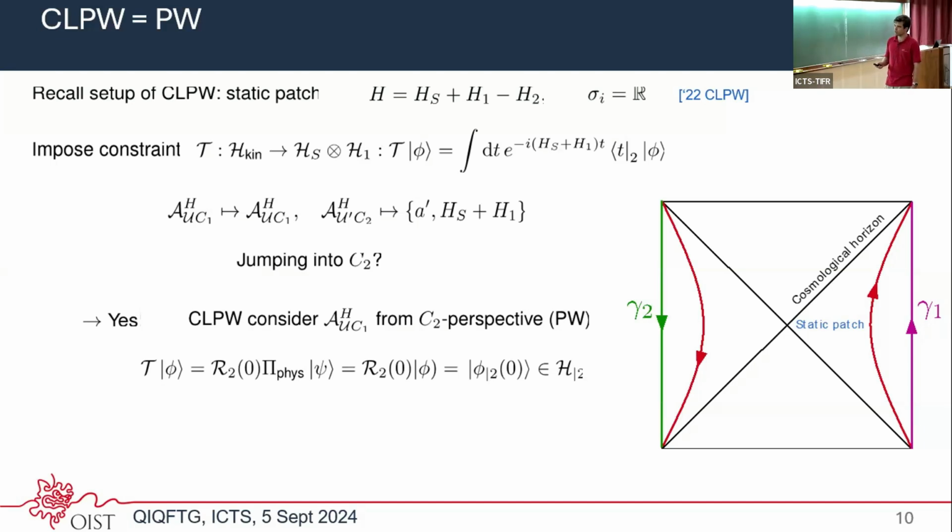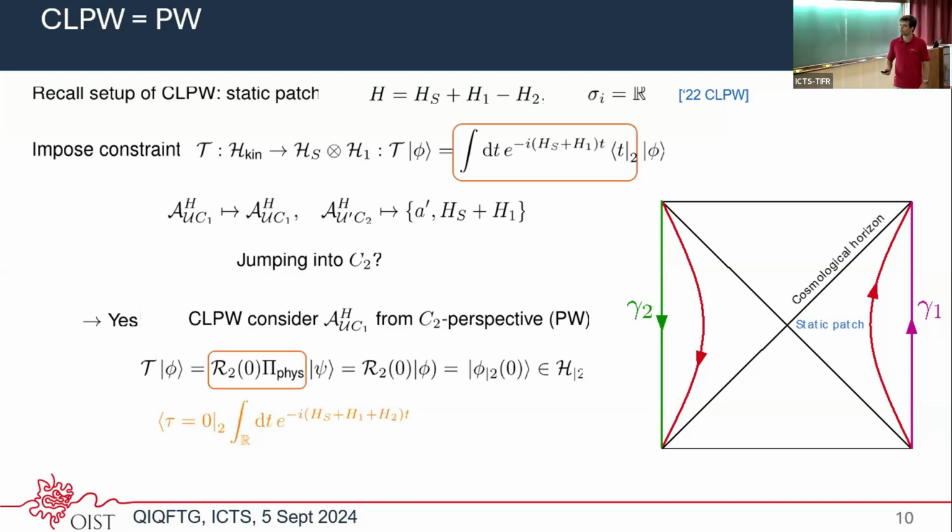And you can see this from this equation. Namely, if |Ψ⟩ is some kinematical state, and you act with this map that maps to this tensor Hilbert space, then it's the same as if we had first acted with this. This should be a φ, this should be a φ ε ψ, but never mind. So it's the same as first acting with this physical projector that maps you to a physical state, and then you can Page-Wootters condition on the time reading 0 of clock 2 to get this state, which is then the relational state with respect to the time of clock 2.